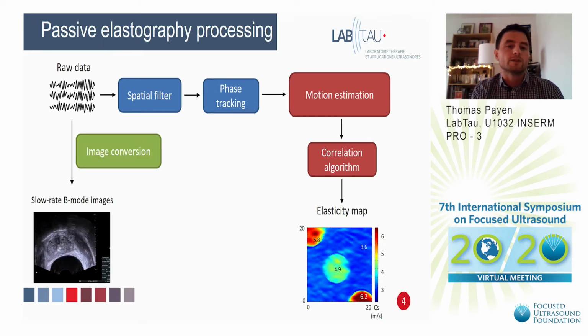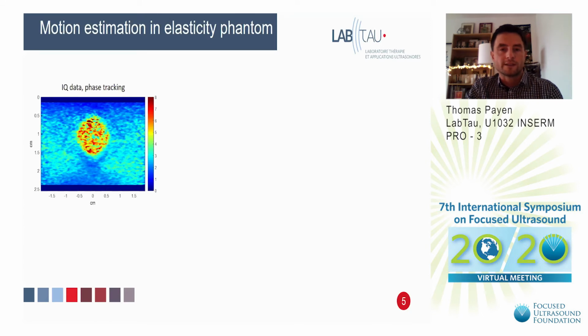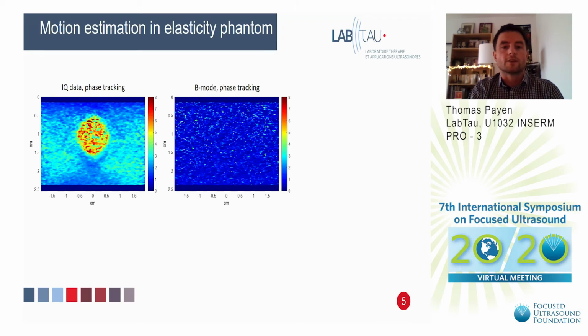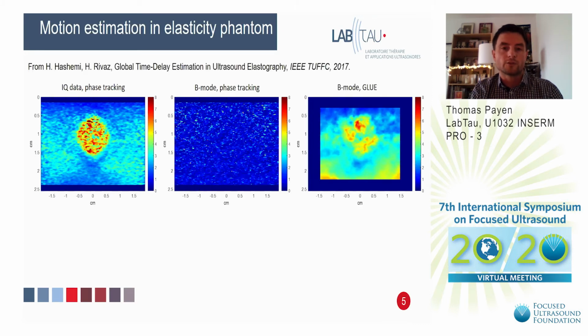What happens when you start from the B-mode images that you acquire at a slow rate? How do you get back to the elasticity map? That's the question. As an example, here in the elasticity phantom, we estimated the elasticity with passive elastography. You can see the inclusion pretty clearly. But when you take the envelope of the IQ data, you lose completely the